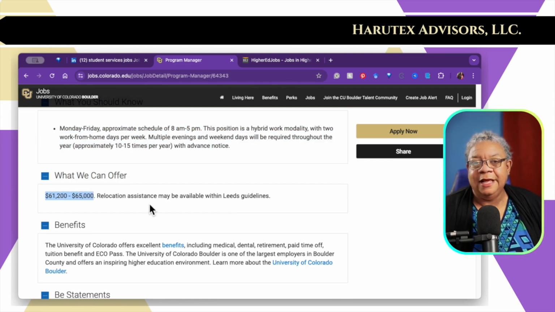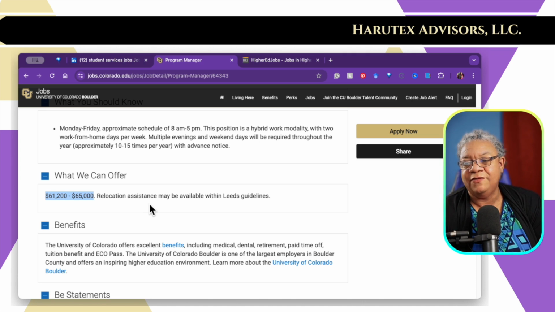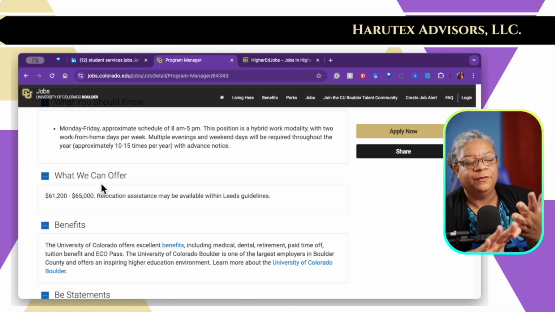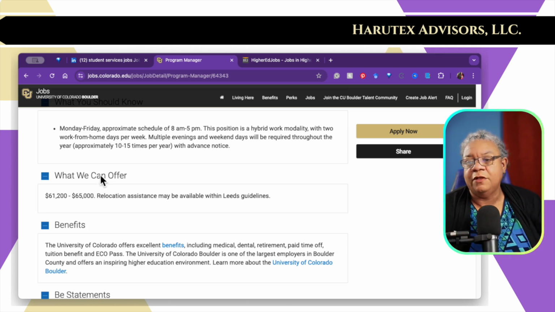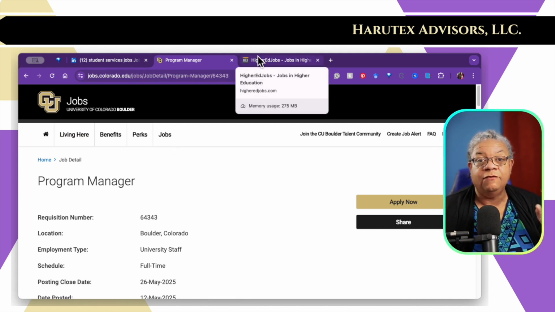Again, it's higher education, people. This is how we get paid, right? $61,000 to $65,000 may not be that much money living in Boulder, Colorado. So you got to look at salary, you got to look at qualifications, all of those kinds of things for the positions. So as you can see, going to the institution's website is another great way to find out about